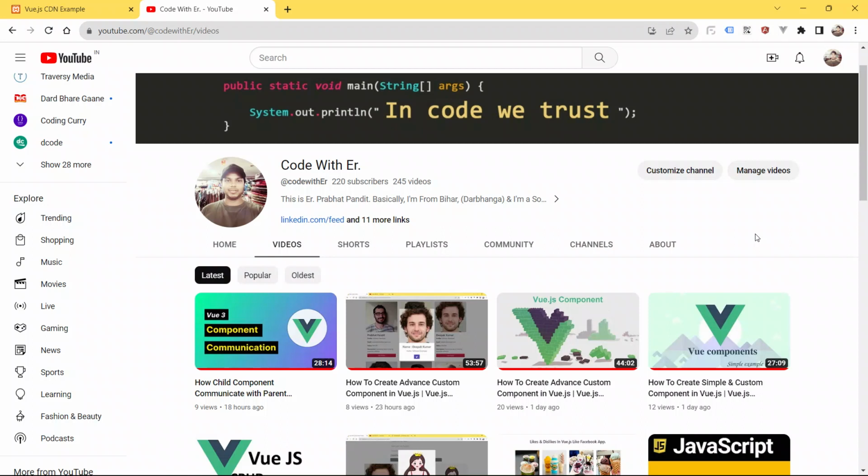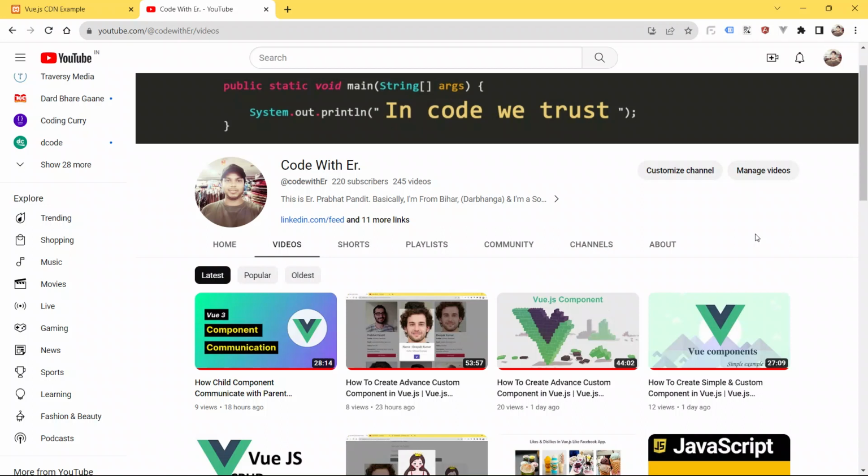If you wanna become a master, an expert in Vue.js, you must know what is a props and how to define it, how a parent component is going to use that props to pass data to its child component and how the child component is going to receive that data from the parent component.